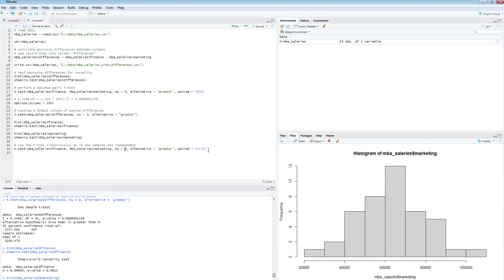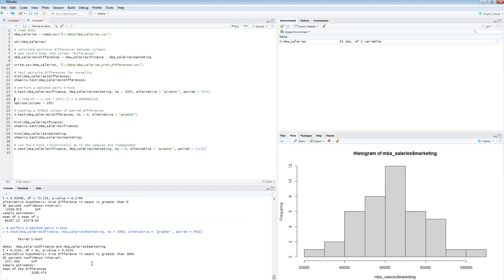okay? No, that's the wrong part, right? Paired false, that's independent sample. So I go here, okay? And I'm going to say 3,000, right? Is the difference between finance and marketing greater than $3,000 on average? And these are paired, matched pairs, right? So when I run this test, what do I see? I see the p-value of 0.4156. It's a high p-value, right? When the p-value is high, I fail to reject the null in favor of the alternative hypothesis, right? So therefore,